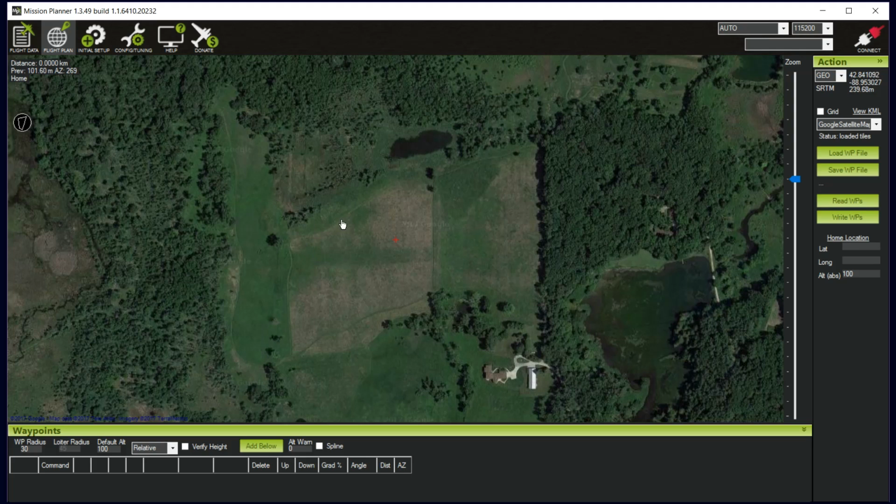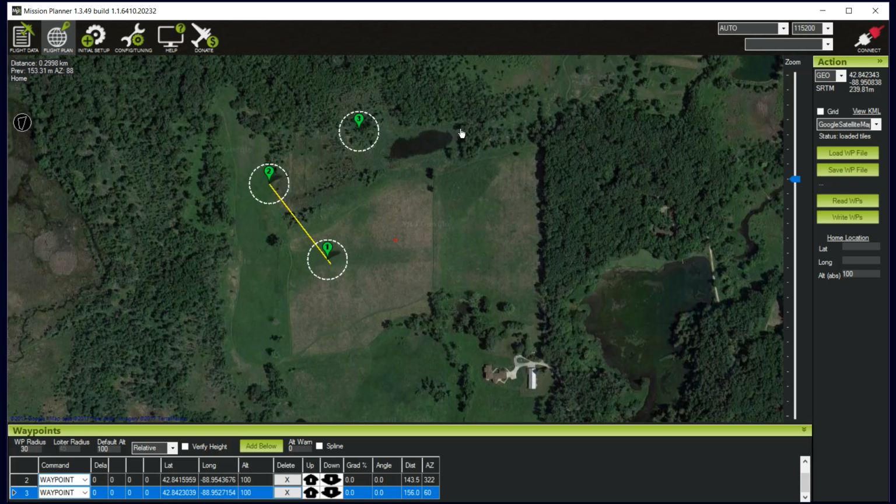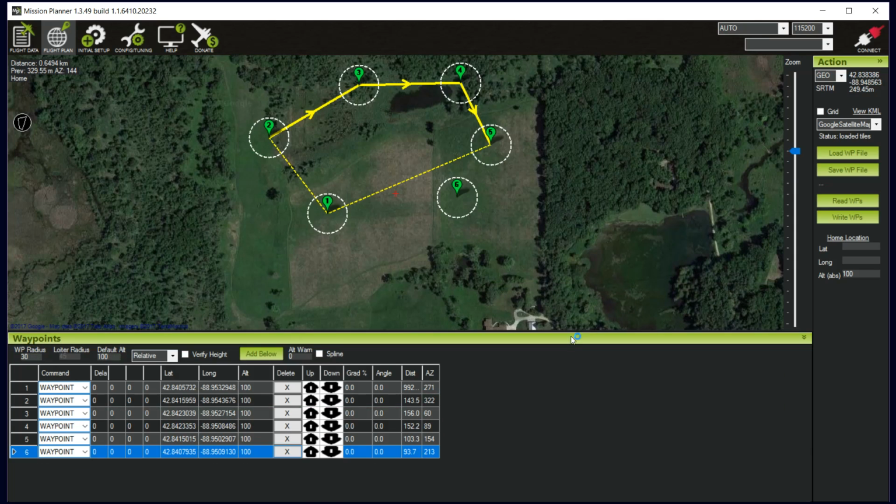So in this map planning tool, by default, it allows you to establish waypoints. If I just start clicking around, it's going to establish waypoints that it would fly to. And as you add these waypoints, it generates a kind of program down here at the bottom. So we can look at all the waypoints that we've added, where they're going to,